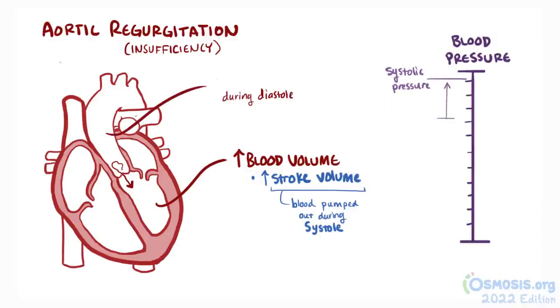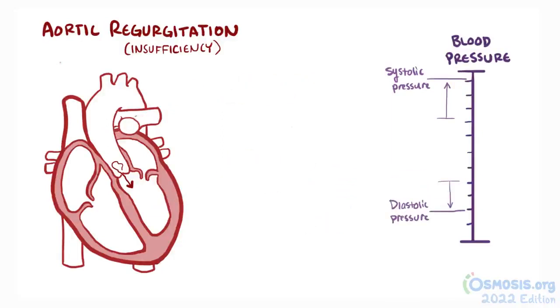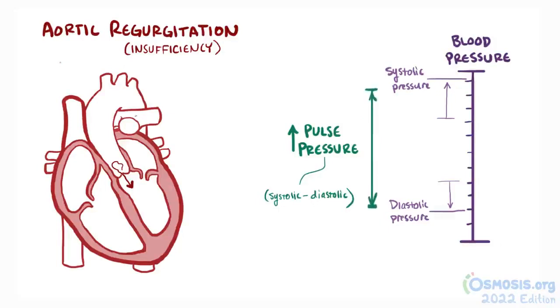During diastole, though, there's less blood volume in the aorta, since some of that has leaked back into the ventricle, which means that diastolic blood pressure decreases. A higher systolic pressure and lower diastolic pressure means an increase in pulse pressure, which is just systolic pressure minus diastolic pressure. A large pulse pressure, meaning a large difference between systolic and diastolic pressure, is referred to as a